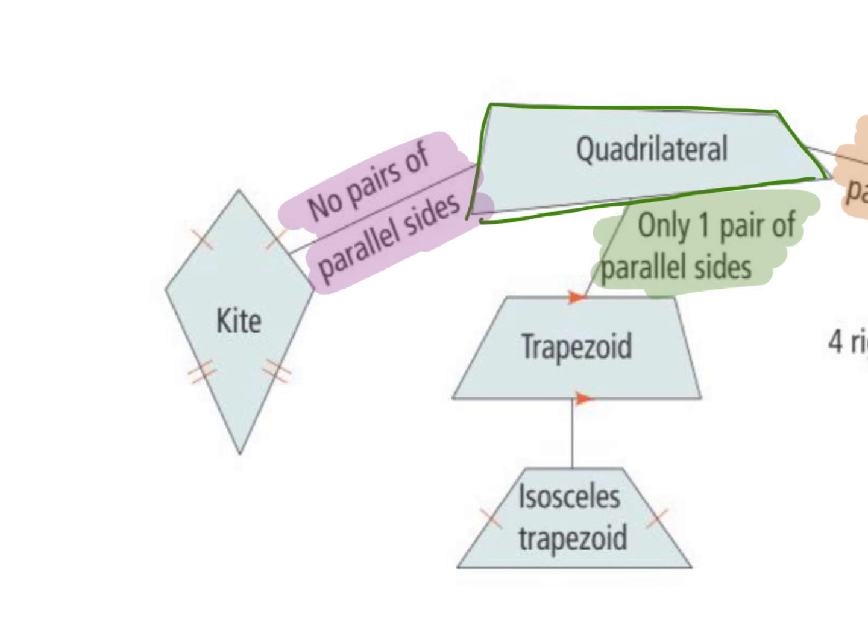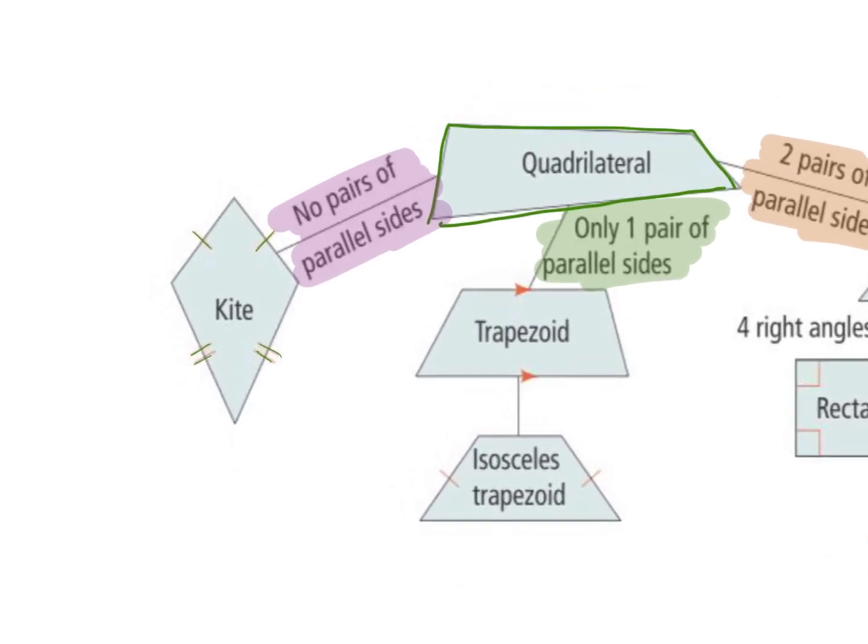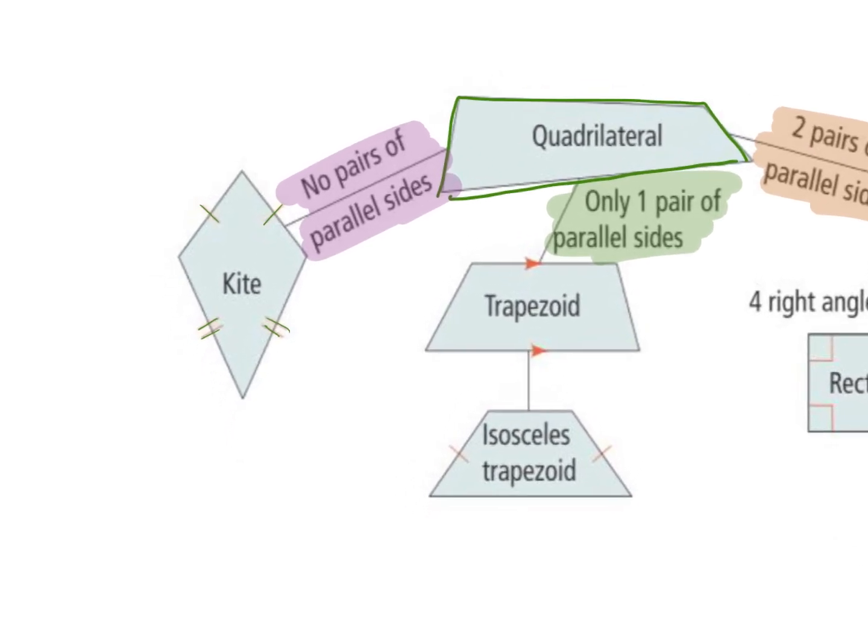You've got a kite. In a kite, we know consecutive sides are congruent, so they marked that for us already. As you see it right now, which of these angles are congruent? Top and bottom or left and right? Left and right. As you see it right now, those are congruent. But if we draw the diagonals in,